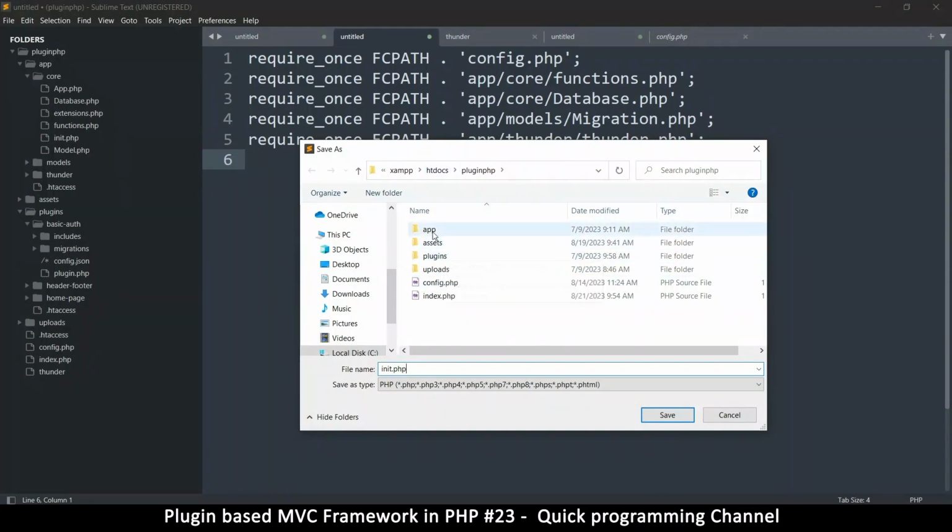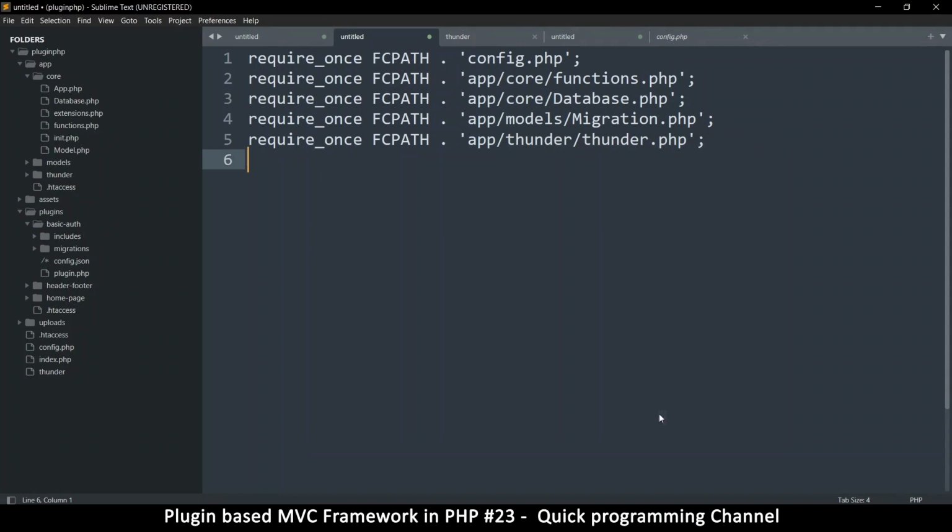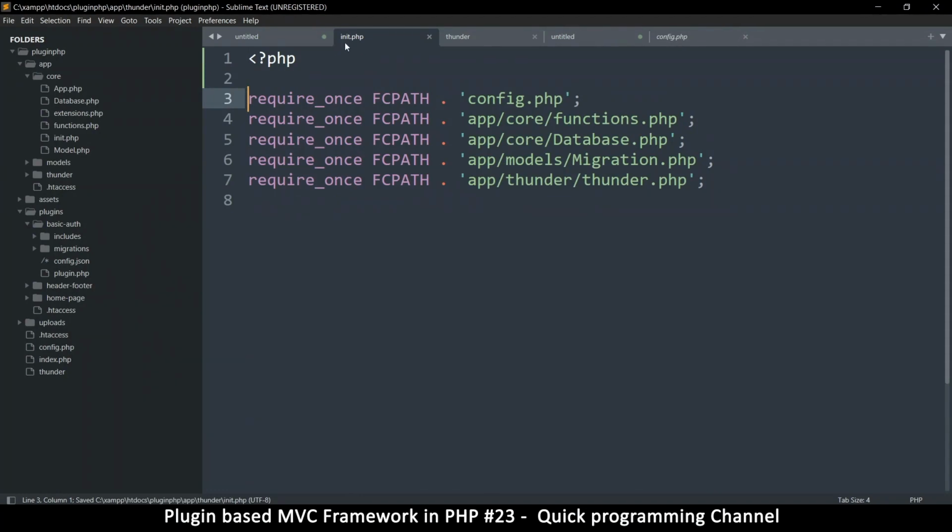So this file will go into, let's say, app core. No, sorry about that. Thunder right here, init.php. So save. Let's put our PHP tags like that. Okay, so it will grab the config file from the main path here, and then it will grab